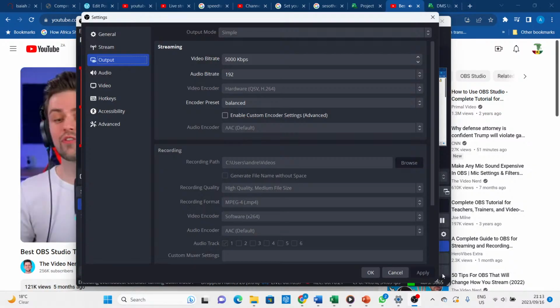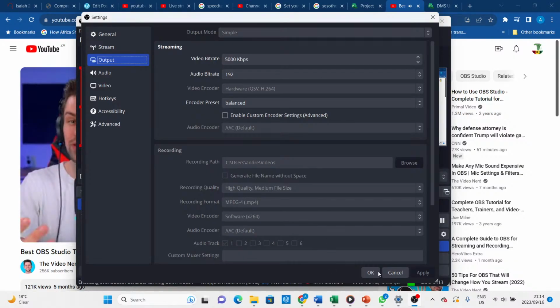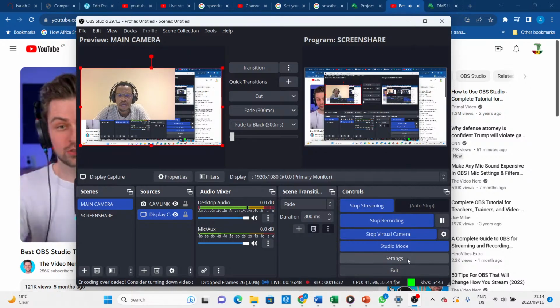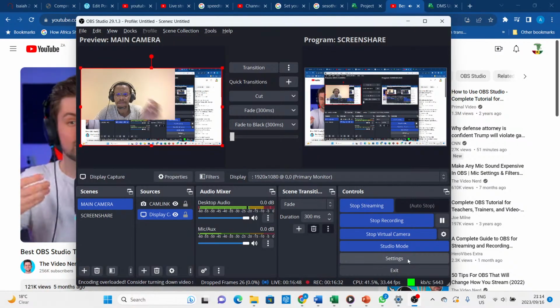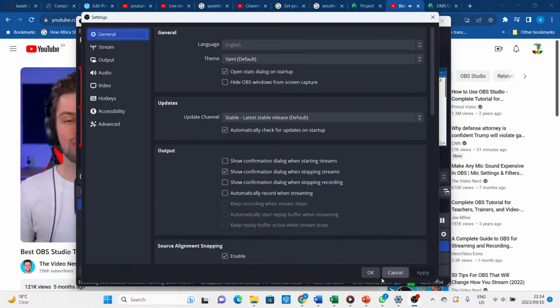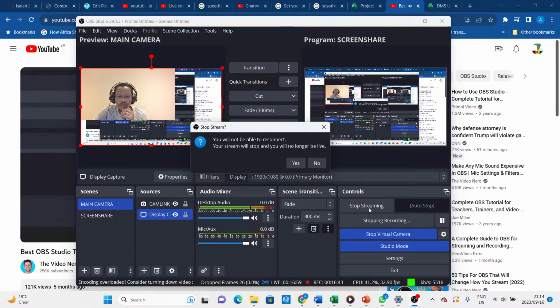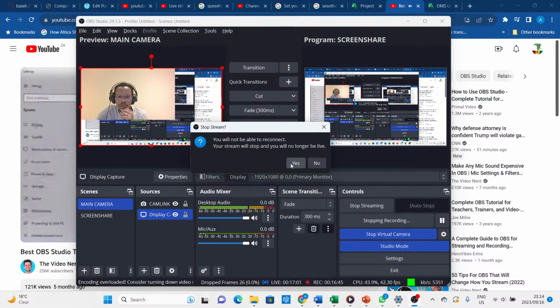Now, before I dive into all these settings here, I want to go to the audio tab, because this is pretty straightforward. If you want your viewers to hear the game you're playing or the music that's playing on your PC, you just change the desktop audio here to default, and then this will add your default audio device, which is probably your headphones that you are using to listen to your game or to your music. OBS will add this device to the stream. Now, if you don't know what it is, if you go to the bottom right of your screen, you press the audio icon. This is your default audio device. You can also right click it and then go to open sound settings, and then right here you see